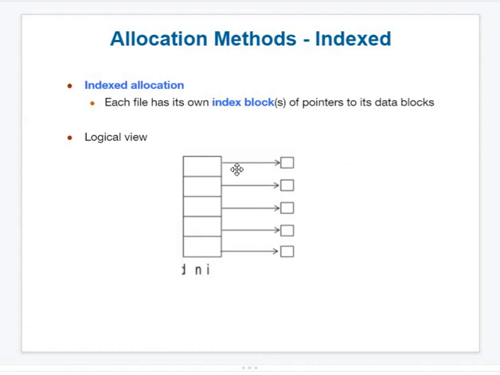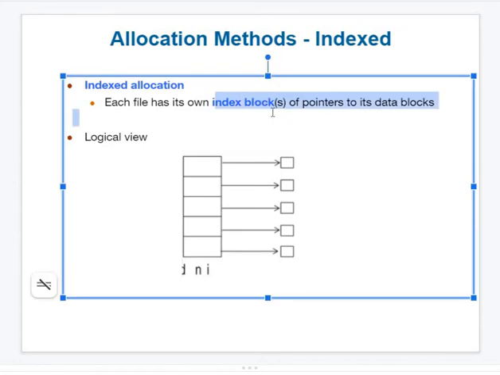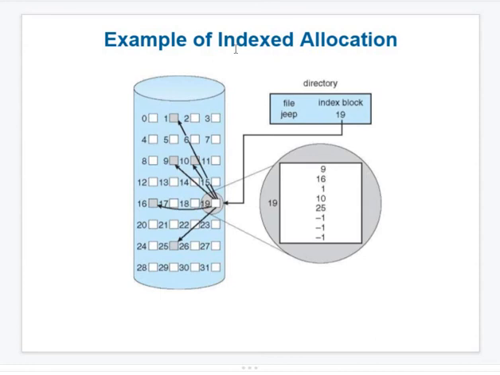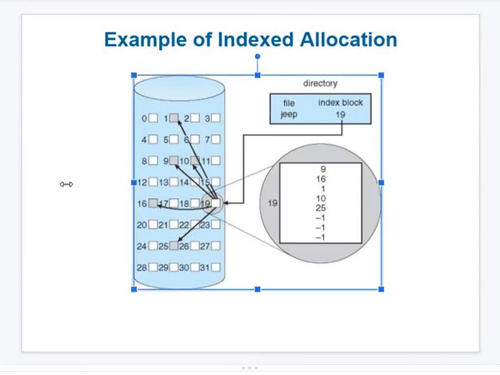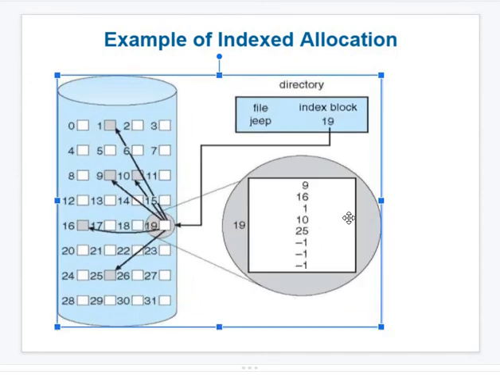Also, how is the file allocation table method indexed? Indexed means how they are pointed. Each file is indexed by its own index block or index number. You can see the index number, starting as well as end point. Let's see an example of how exactly the indexing will work.